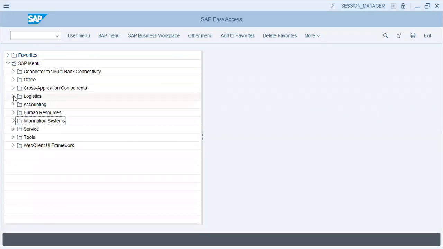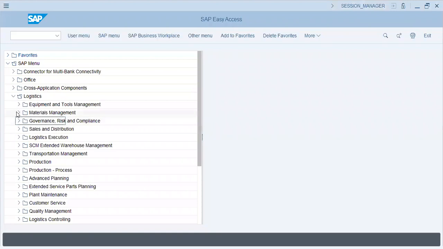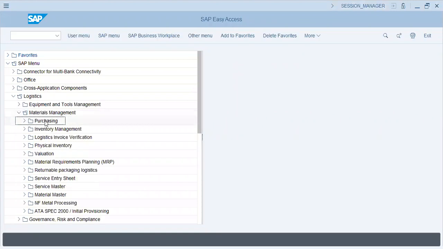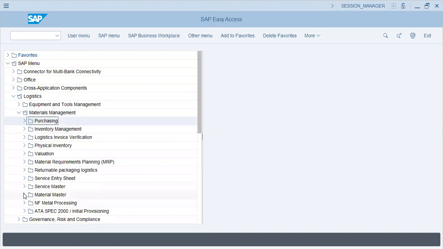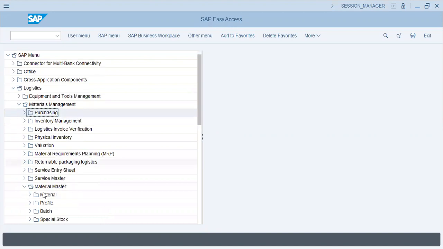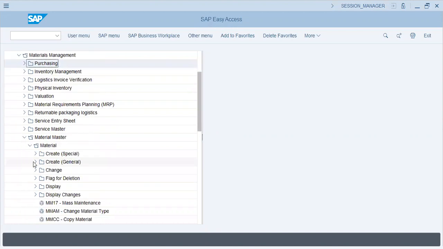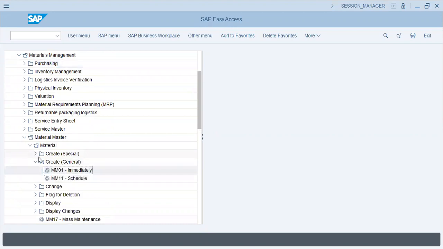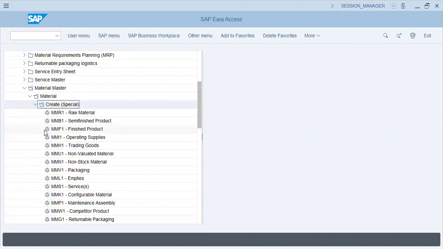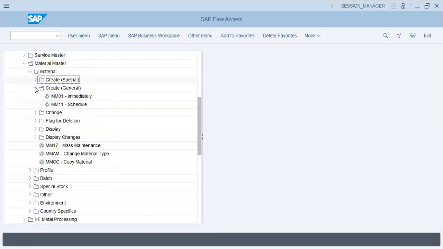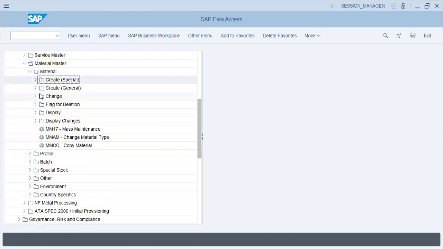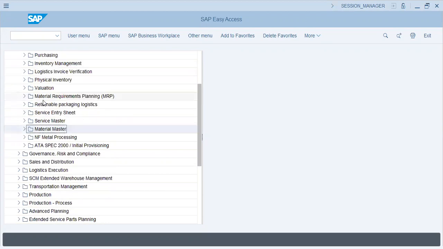Okay, logistics. What we'll cover first in logistics is purchasing. But before purchasing, we'll go for material master. We'll create a material master for a general material when we configure this, and then we'll see how to create materials for other categories. Okay. Starting with material master, then we will configure